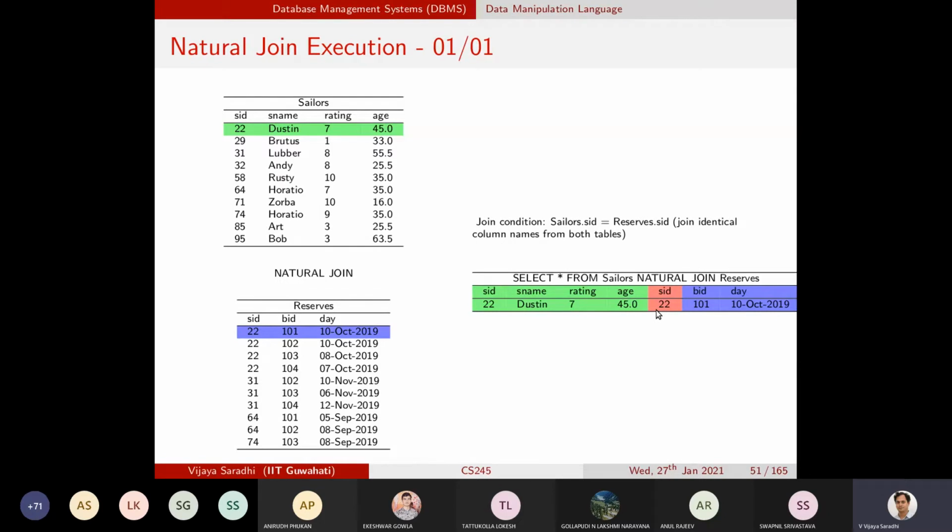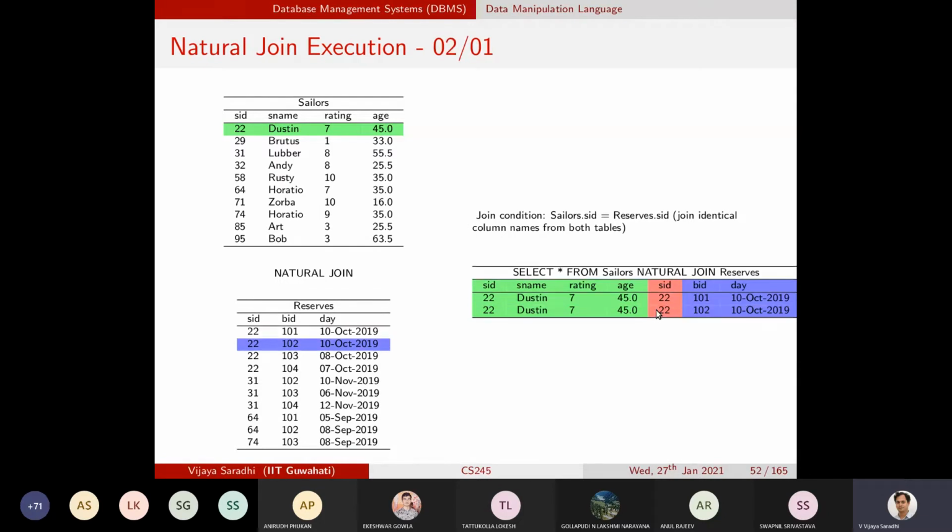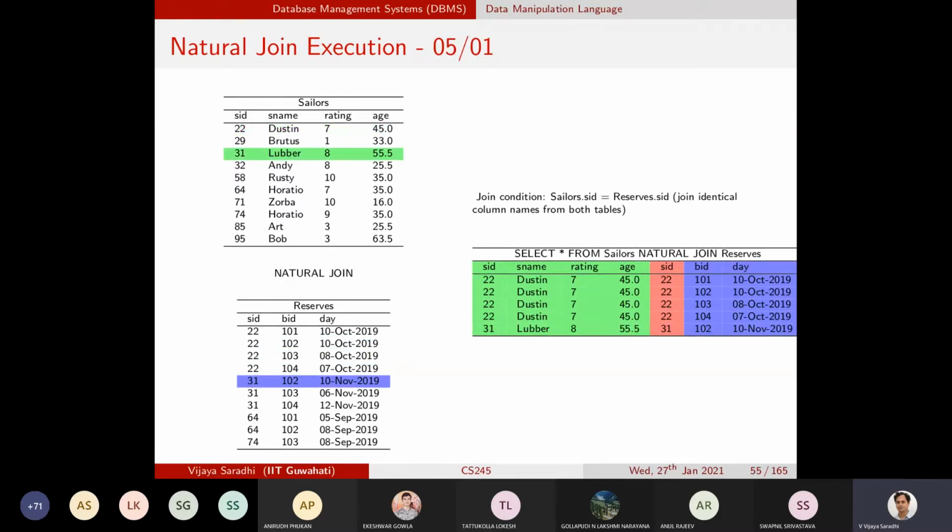Now we go to the next iteration and ask whether this condition holds for this sailors row of the first table and this reserves row in the second table. If it does, it's part of the natural join, and this process will continue.